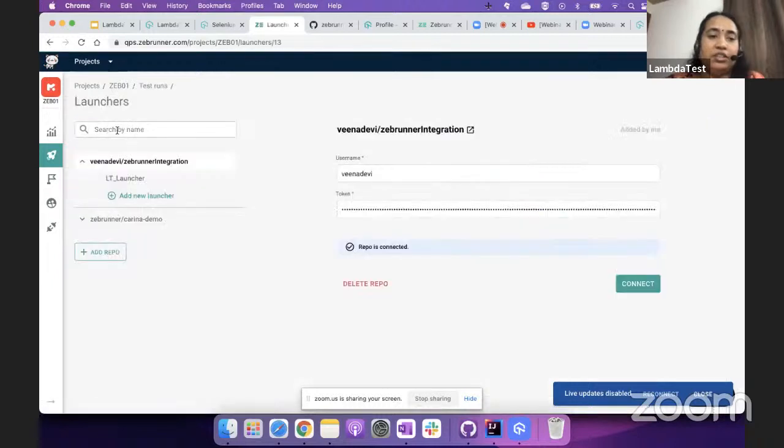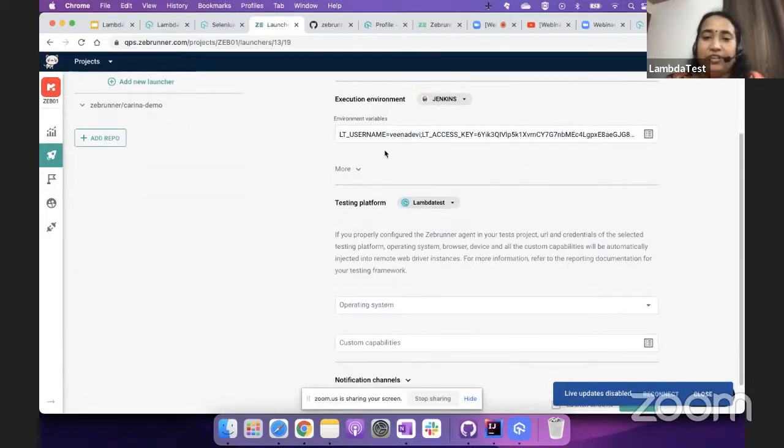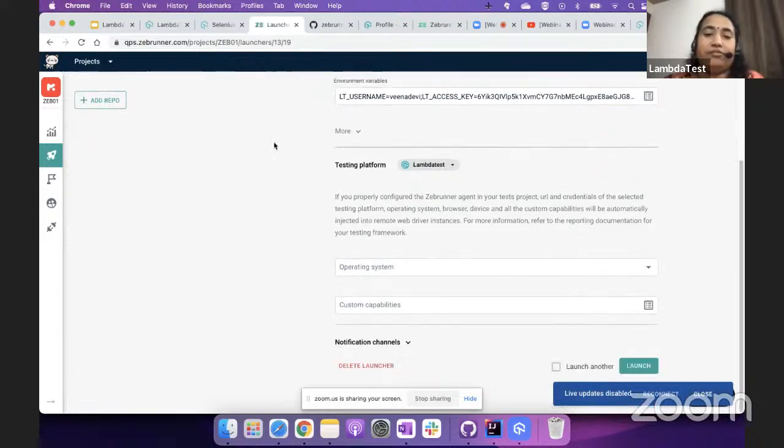So here is my launcher. I can configure my GitHub project, and after giving your platform keys, so these keys and configuration are user defined. How you are going to configure that in your project, whether it can be picked up from a configuration file or within the project structure, you can define that. So after that, the moment you launch here,